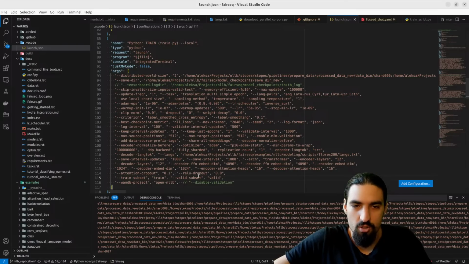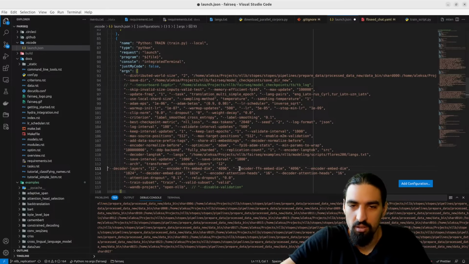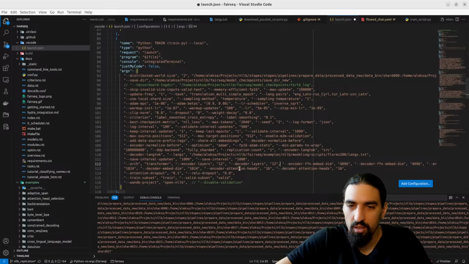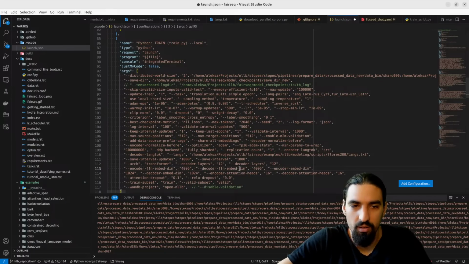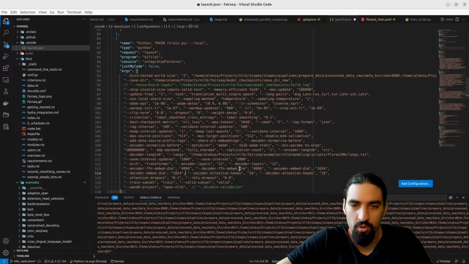Relu, attention, dropout. Makes sense to also organize these transformer arguments, like encoder layers, decoder layers, and then dimension, encoder embed dim, 1024, decoder embed dim, encoder attention heads.